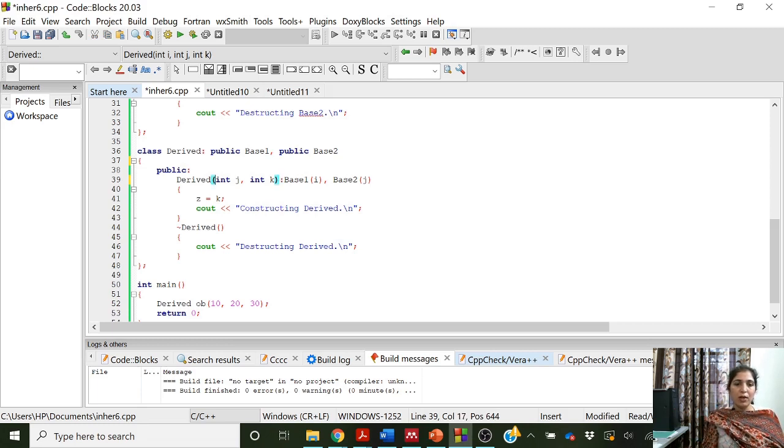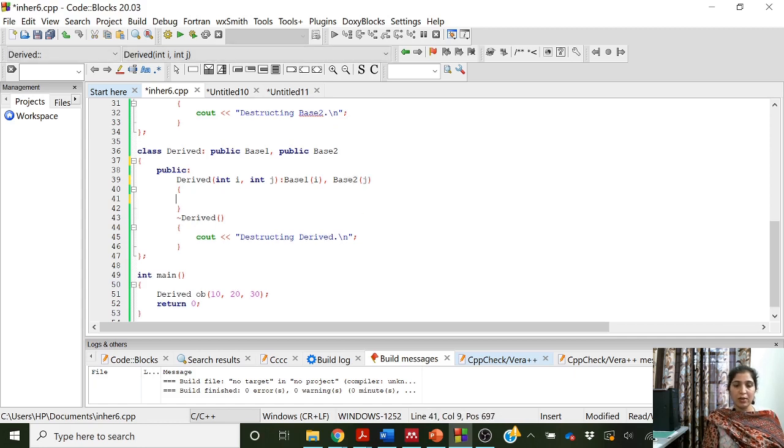Okay, so here I have removed the first formal parameter int I, or we can remove the last one also to make the things neat. So I will be used to initialize base 1 constructor, and j will be used to initialize base 2 constructor, and here we do not need any construction, so I remove this.